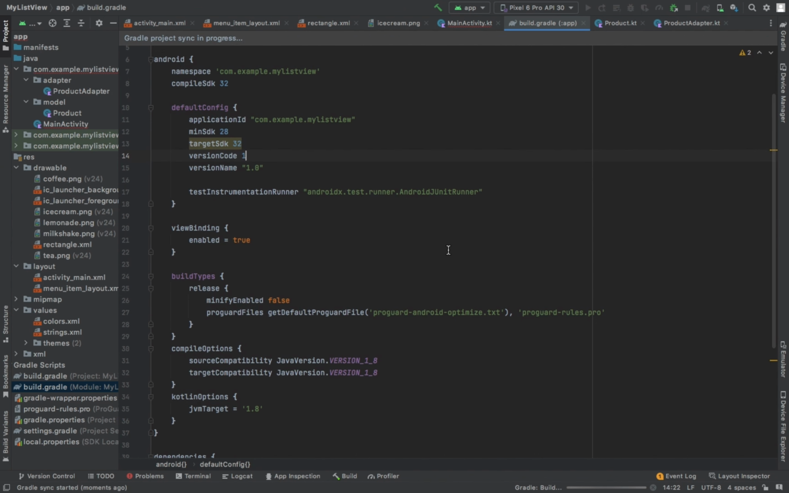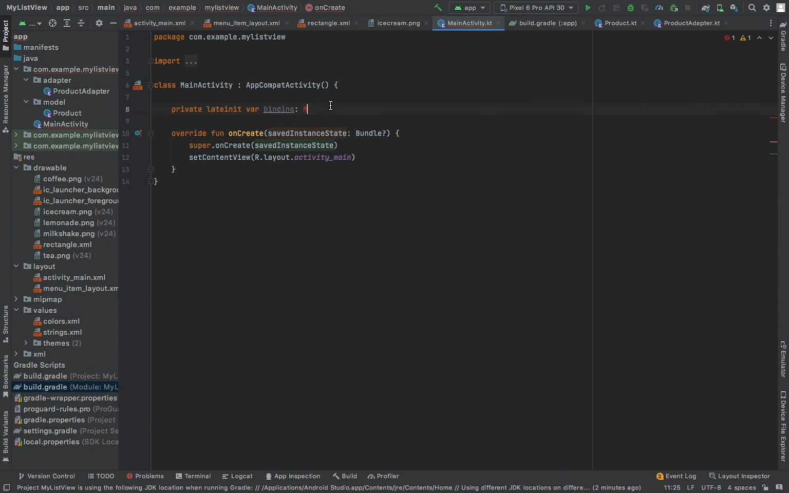Now we have enabled binding in the Gradle, we can get the ActivityMainBinding, because the page of the home layout is activity main, so you just have to declare the activity main and then the binding at the back. That's how the format is. So in the main activity,